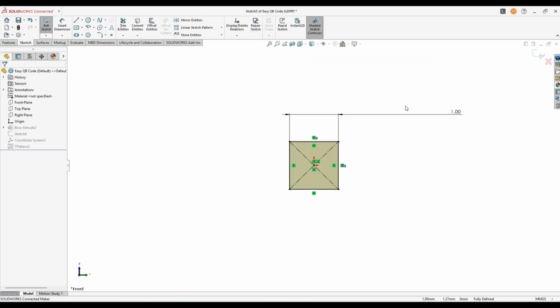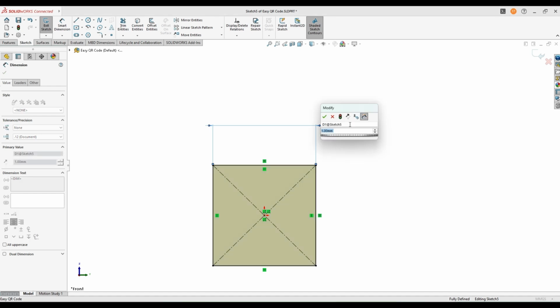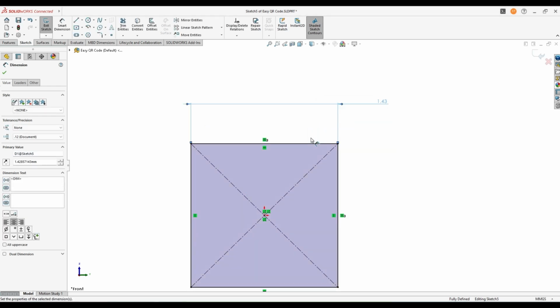And now we edit the sketch of the original block. I wanted to make the QR code so that the physical side length is 30 millimeters, and I have 21 by 21 modules in that QR code, so I'm going to divide by that, and that gives me 1.43 and more decimals.